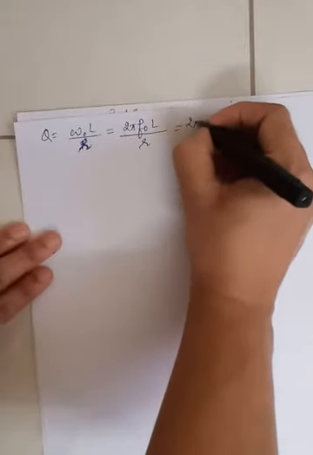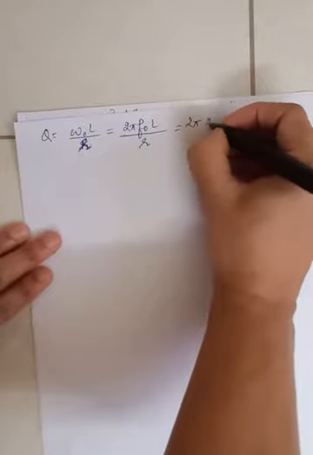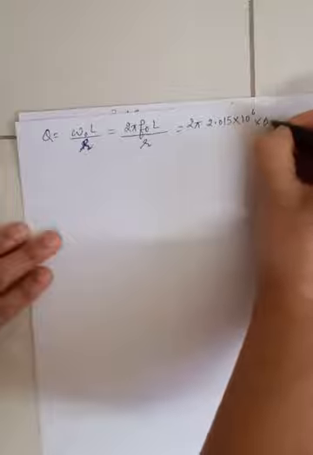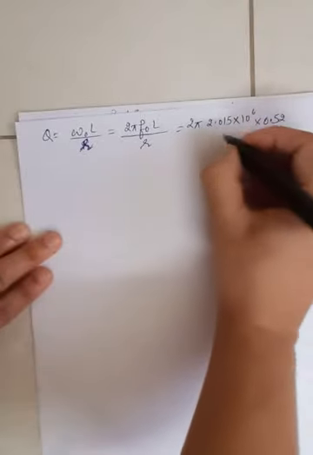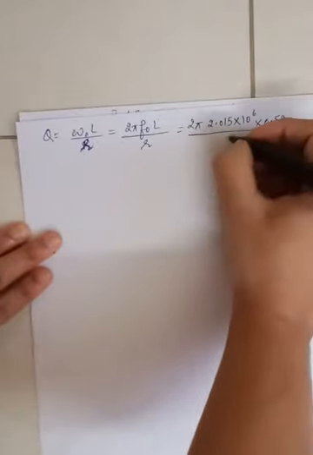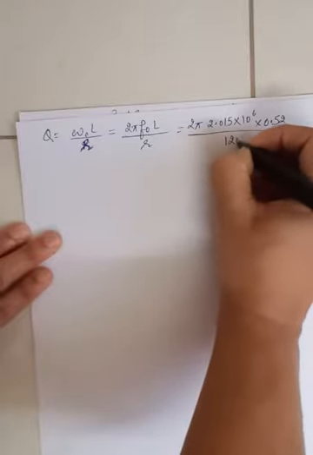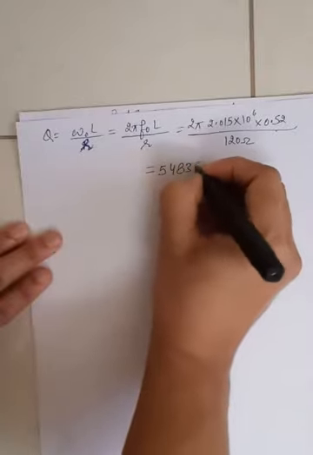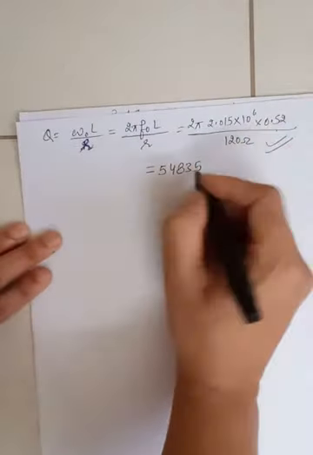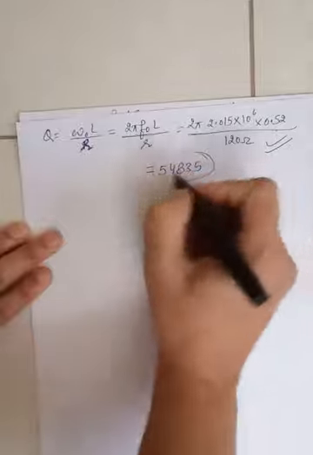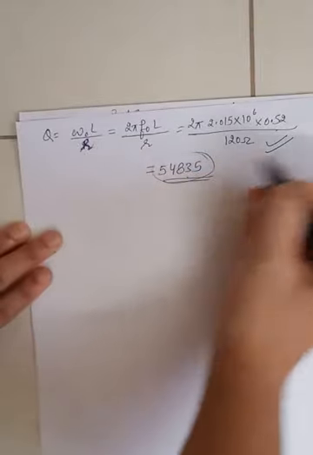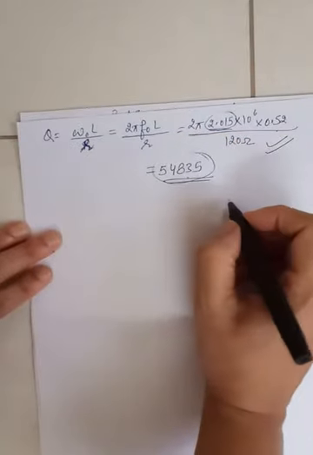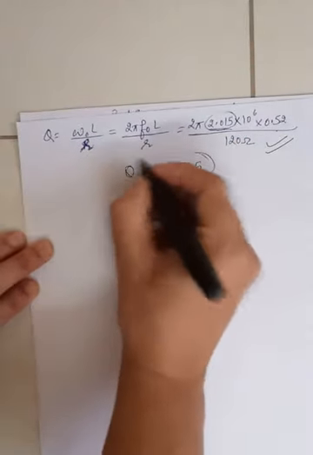Put the value of 2 pi F naught here, that is 2.015 megahertz, which I got, into L, which is given in the problem as 0.52 Henry, and R is given in the problem as 120 ohms. Substitute. We'll get the value near about 54835. So you can get near about 55,000, or 54,000 to 55,000, depending on what value you get for this F naught here. So this is the quality factor which you got for your oscillator.